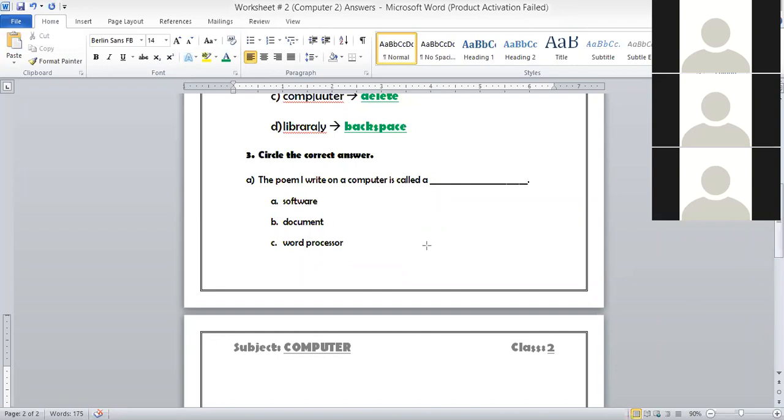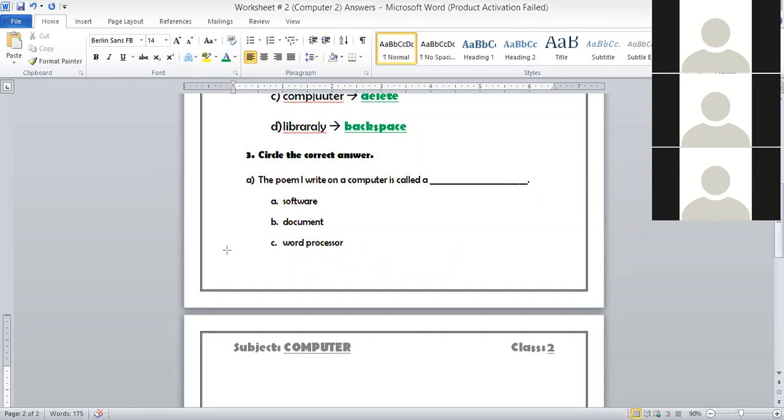You are making a document for numbers, details, school, subject, anything. Whatever you type is called a document in the word processor. So the poem I write on a computer is called a document.